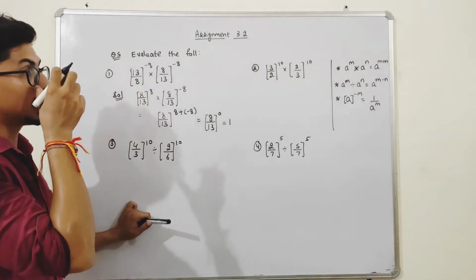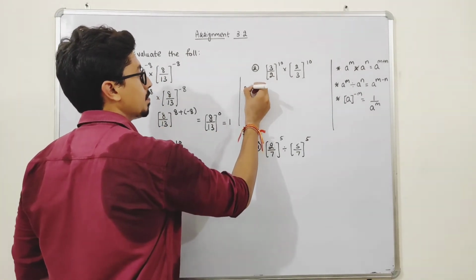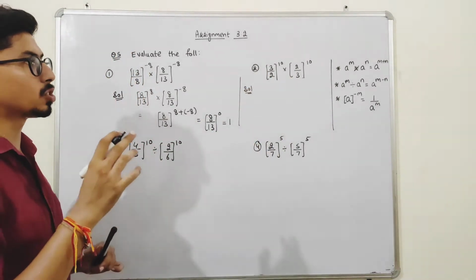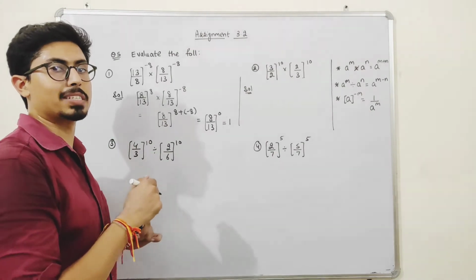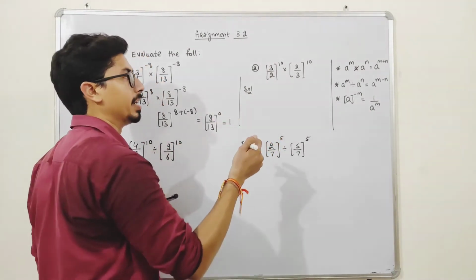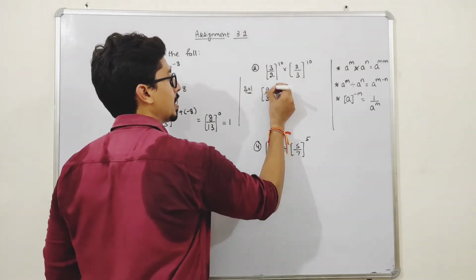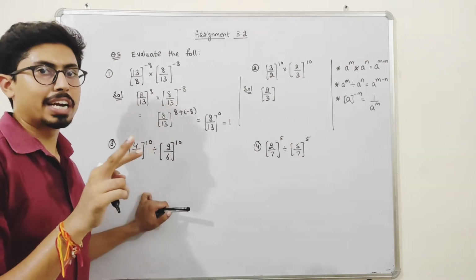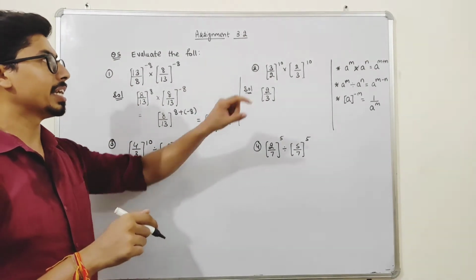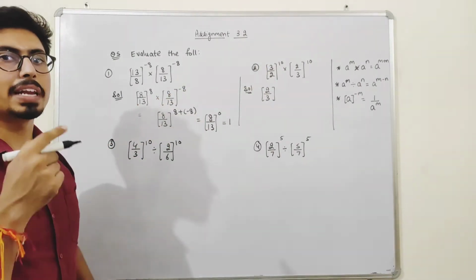Okay. Now the next, students, see, the bases are not the same. So I can make the base the same. Just take this number and reciprocate it. If I reciprocate it and write it like this, 2 by 3, the power changes its sign. If you take the number and reciprocate it, the power changes by a negative sign.